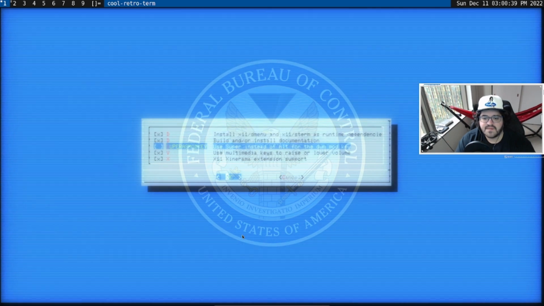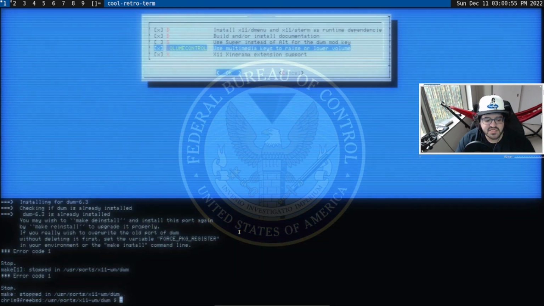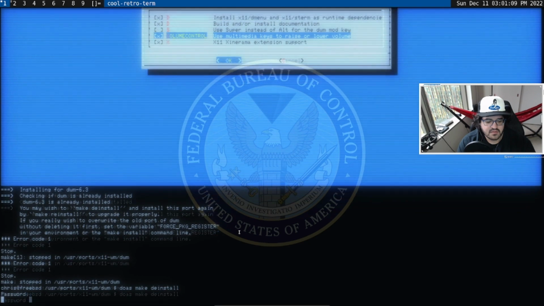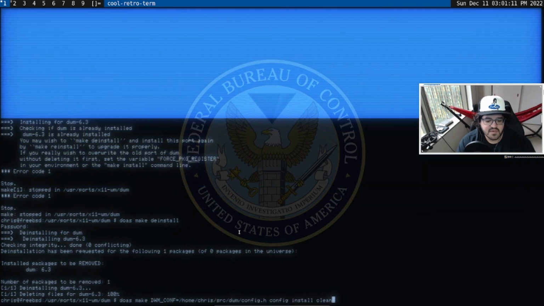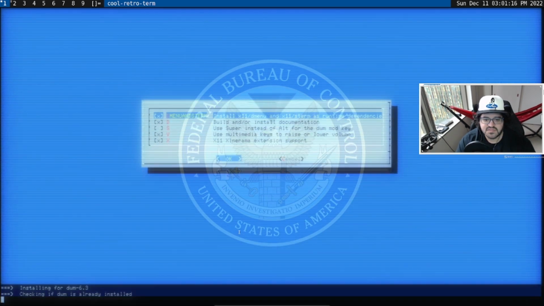Alright, so we see here we have the super as mod key and the volume control patches, which are optional. So I went ahead and selected the volume control key to apply that patch to our installation. So click OK, and I'll continue with the install. Oh, I already have it installed, so it'll ask me to deinstall it and reinstall it, which we can do. Let's do as make deinstall, and then we will run it again. Looks good,